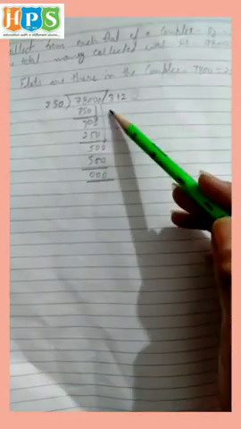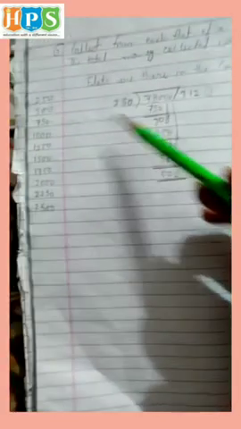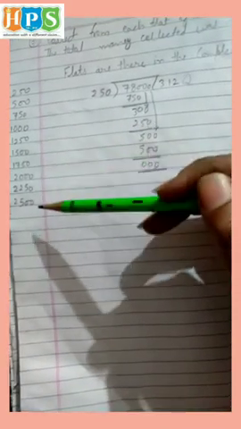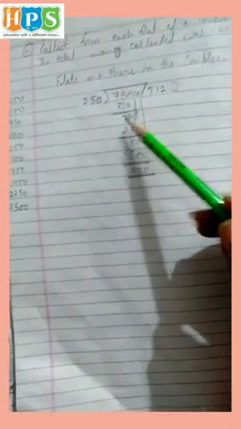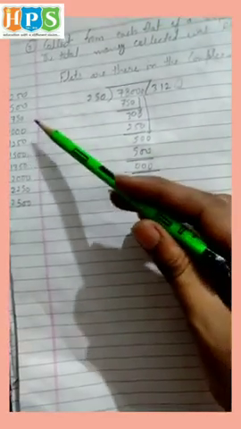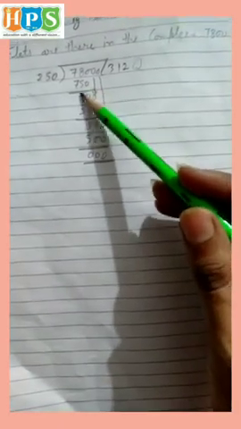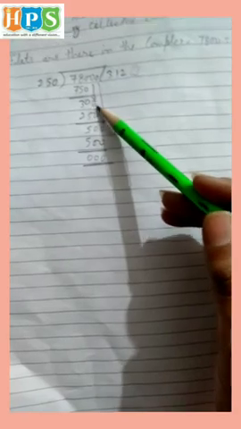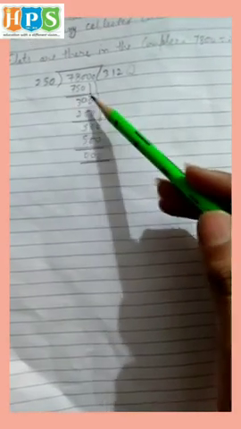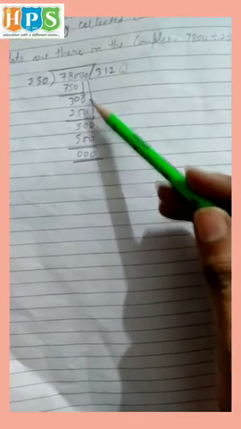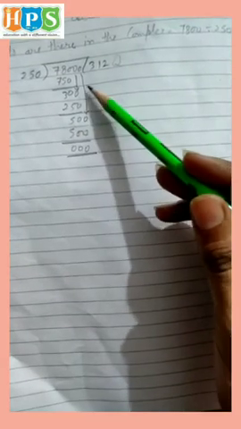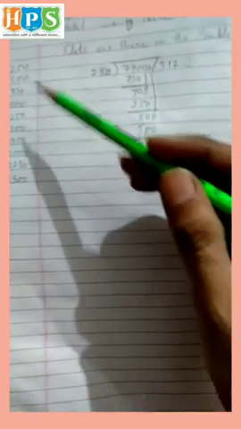We divide 78,000 by 250. We need the table of 250. This is the table of 250. 250 3s is 750. We can subtract: 780 minus 750, 30. We write 0. 250 1s is 250, and what's left? 300 minus 250, 50. We will write 0. 250 2s are 500. It means the quotient is 312.